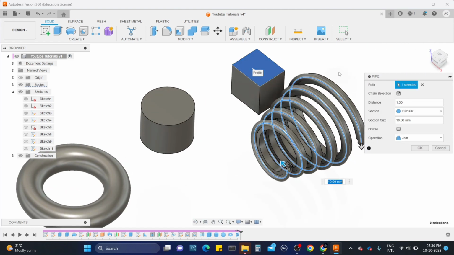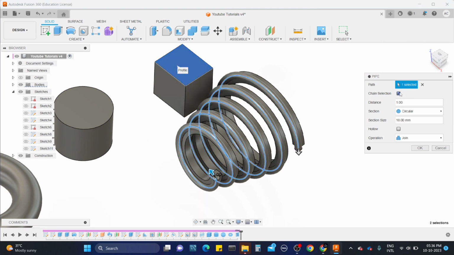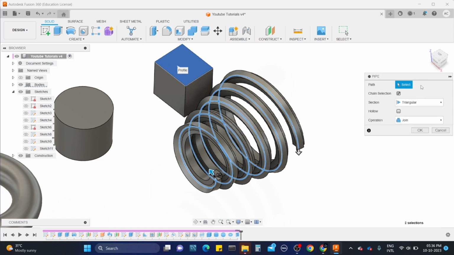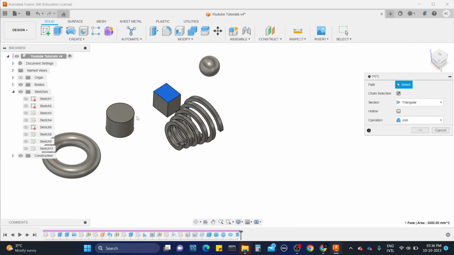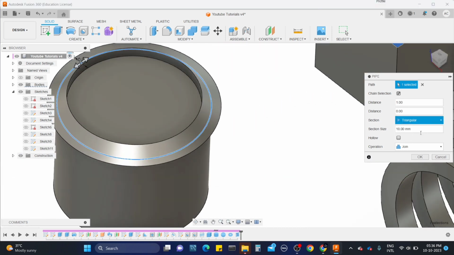In this way, you can also brush spring like this. You got a circle pipe. If you don't want the chain, you can uncheck it. Like for example, if you want to draw from this point to this point, that's not happening. We have circle section, we have square section, just like how the spring coil operation works. It's the same. That is like a pipe, but with the pipe you can get the different shapes, not only in the coil shape. Okay, let's deselect it. Now I just want to select this circular one. Here you can see we got added this circular and square